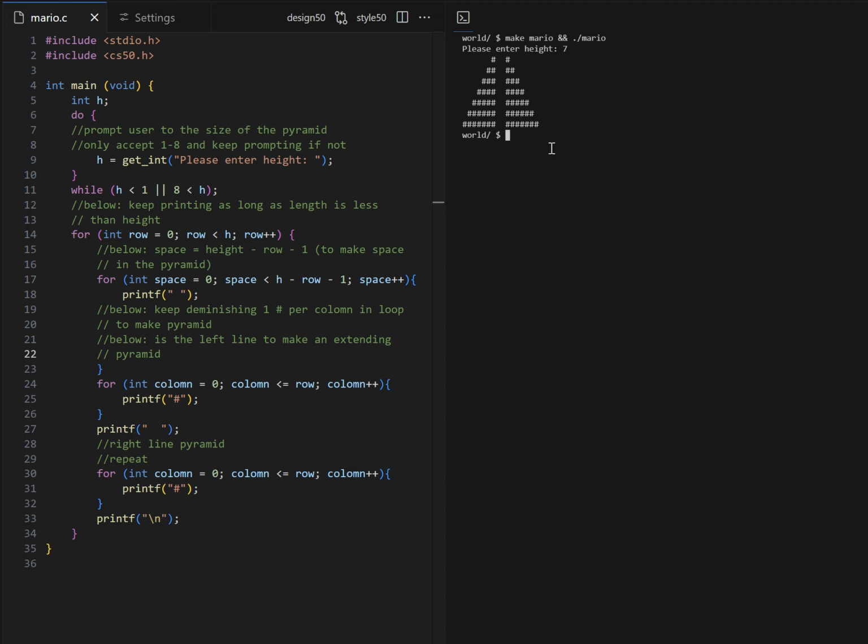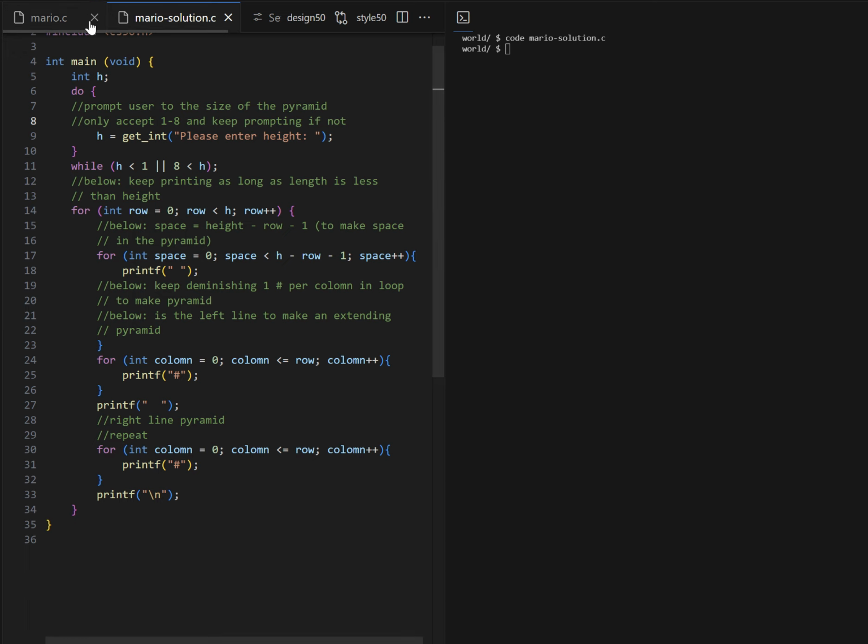All right, what we want to do is modify it, but first I'm going to make a copy of the file because I do not want to modify the original. So I'm going to copy mario.c and name the new file Mario solution.c. There's already a Mario solution I did earlier, so I'm going to overwrite it. And then I'm going to use the code command to open Mario solution